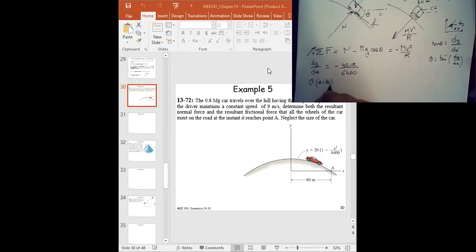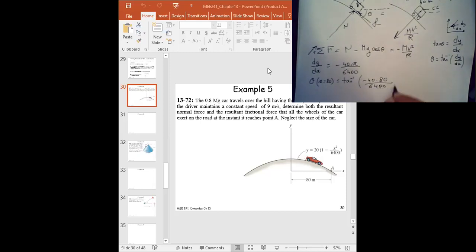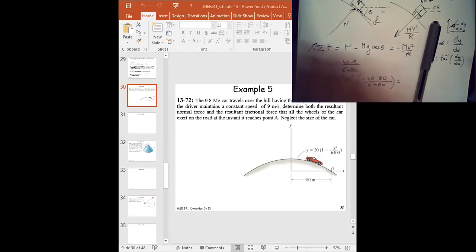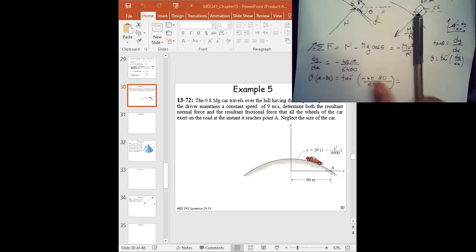Theta when x is equal to 80 is equal to the inverse tangent of minus 40 multiplied by 80 over 6400. Can I do it here maybe? So 40 times 80 divided by 6400 is 0.5, so we need to do arctan of minus 0.5, right? It is 0.46 radian, which is about